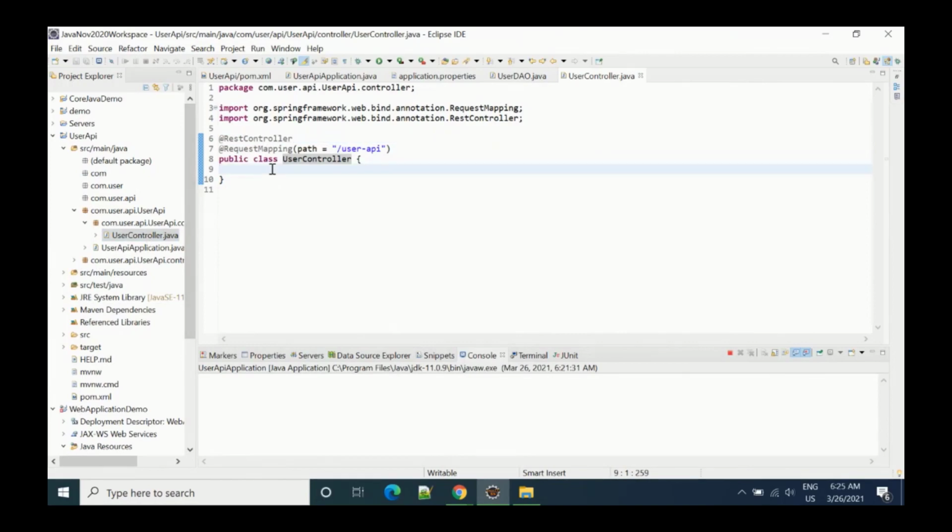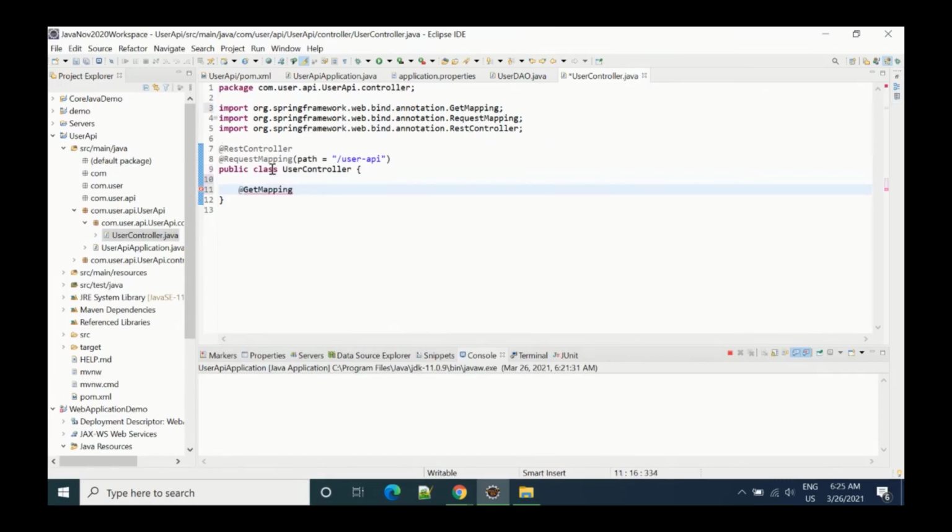Now here we can add one GET request just to check whether this is working or not. So I'll write one method, public. Before public you can write @GetMapping. In GetMapping we can say path equal to, let's say, slash. So once you hit user API, and after that whenever you add slash, then this particular method will be invoked.